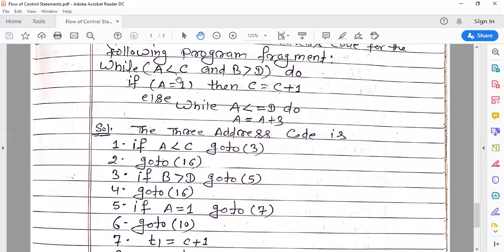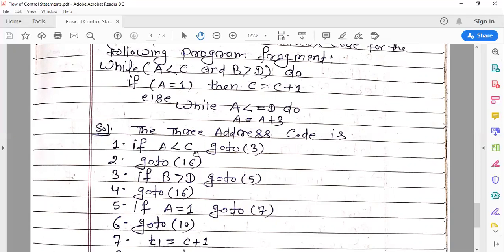If a less than c is true, or it may be false, then control jumps to the current address plus 2. Suppose the current address is 1, so 1 plus 2 is 3.